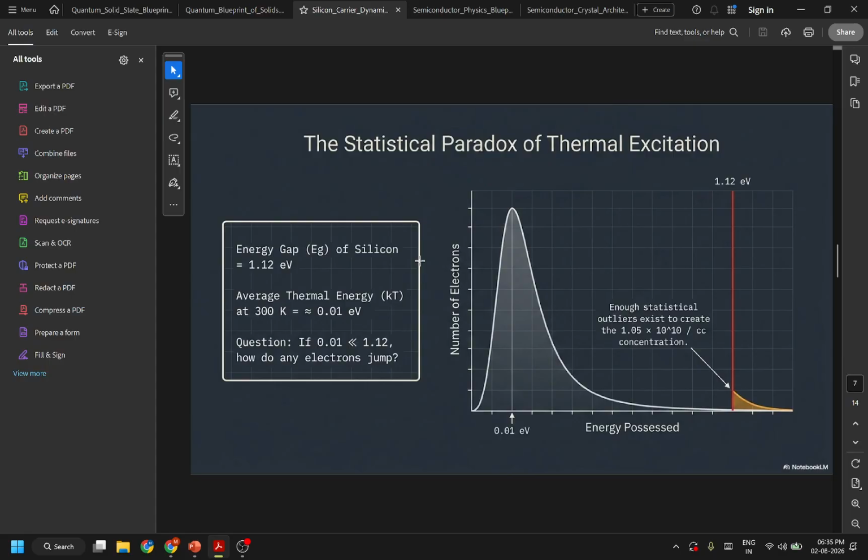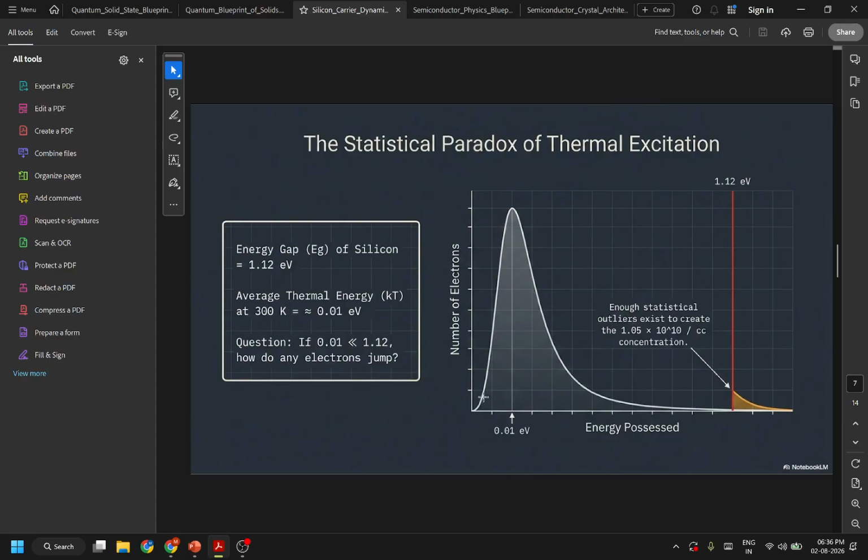The statistical paradox of thermal excitation. The energy gap for silicon is 1.12 eV, but the average thermal energy kT at 300 Kelvin is 0.026 electron volts. So if 0.026 electron volts is much less than 1.12, how do any electrons jump? They jump because the energy distribution is given by the Maxwell-Boltzmann distribution,